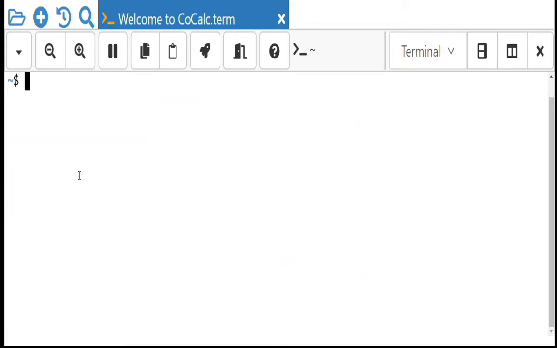Then next is the mv command, that is the move command. It is used to move one or more files or directories from one place to another. It has two distinct functions: it renames a file or folder, and it moves a group of files to a different directory. First I have to check which all files are there.